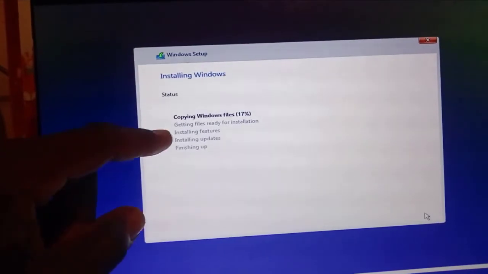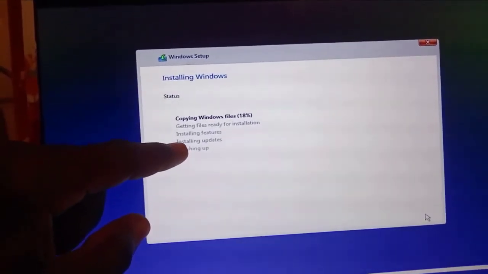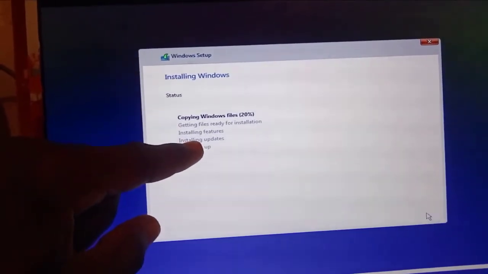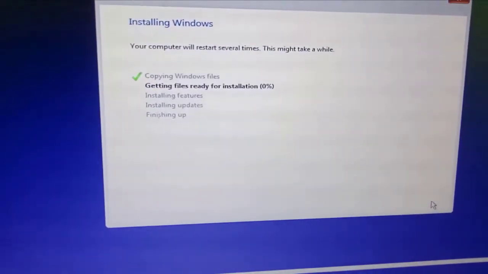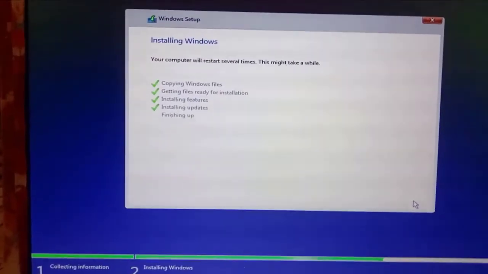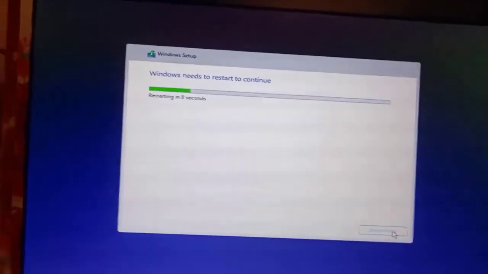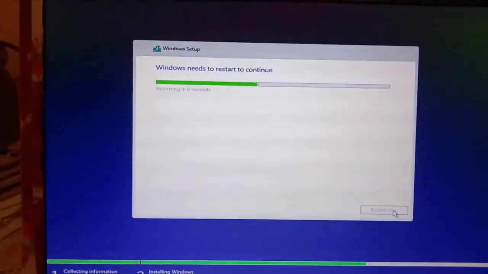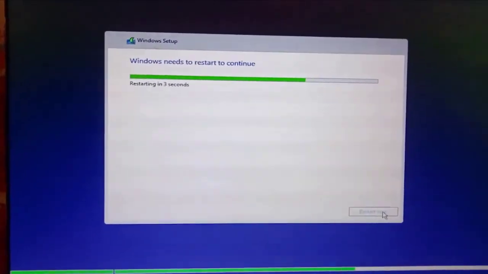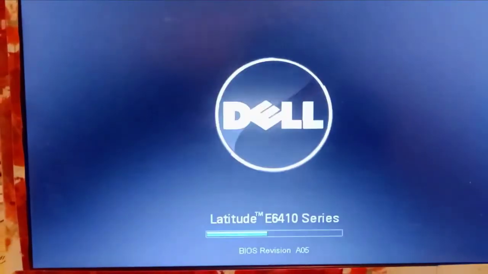Let's say it's the last step, even the second last step, installing updates. So it's 100. You can begin some setup on our newly installed operating system. So just wait for the process to finish up. Okay, so the laptop will restart. It has shut down, and it will restart soon and start the setup. As you can see,